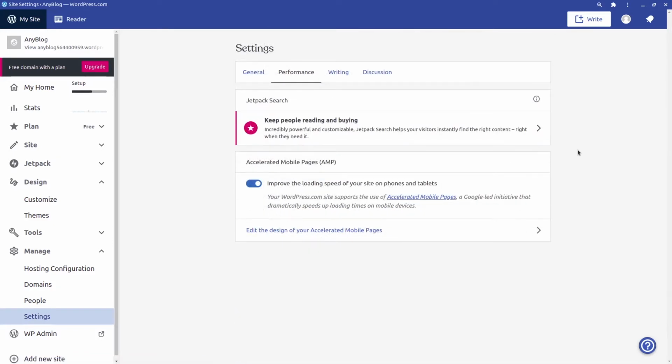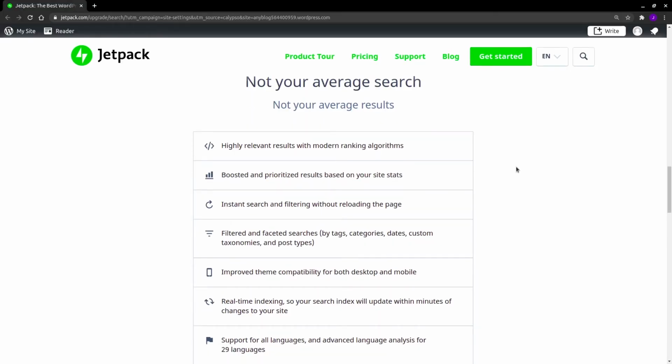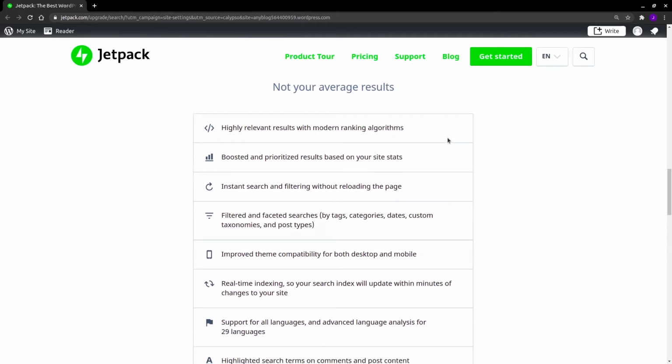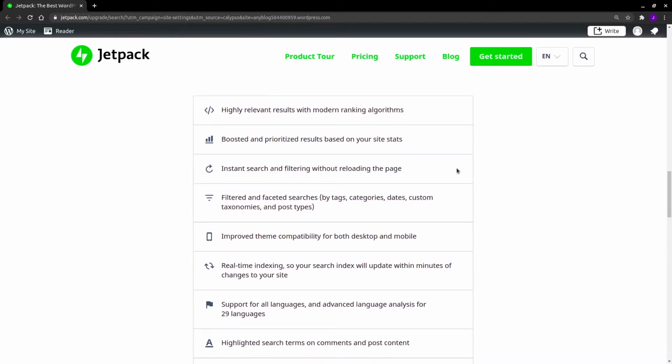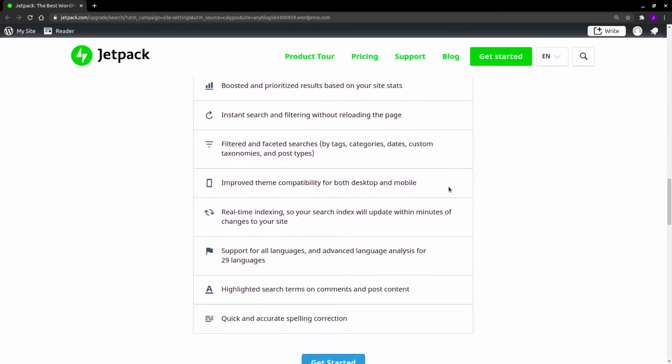If we go to performance here, we have this Jetpack search. So Jetpack search is a search engine for your website. If we look at here, so this is the web page for Jetpack, and it shows that you will have a highly relevant result with more than ranking algorithm, boosted and prioritized results based on your site stats, instant search and filtering without overloading the page, filtered and faceted searches, improved ping compatibility for both desktop and mobile, real-time indexing,